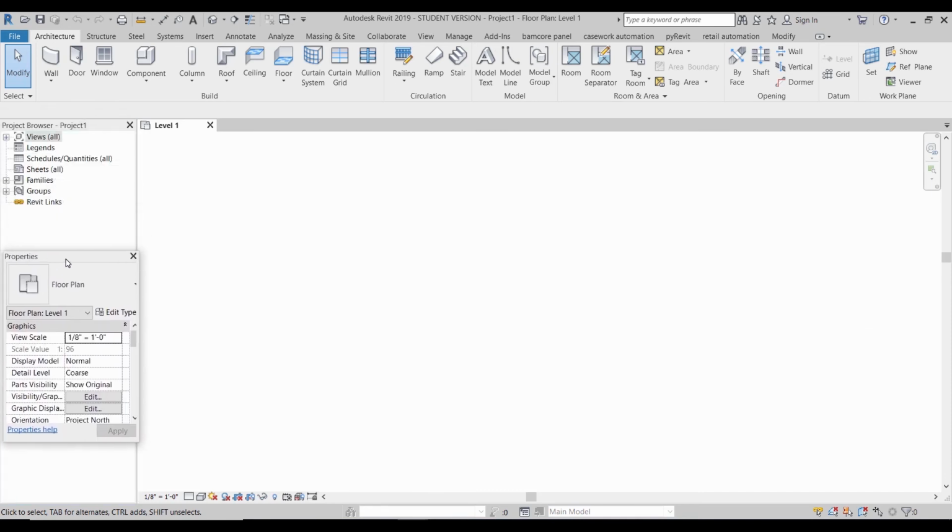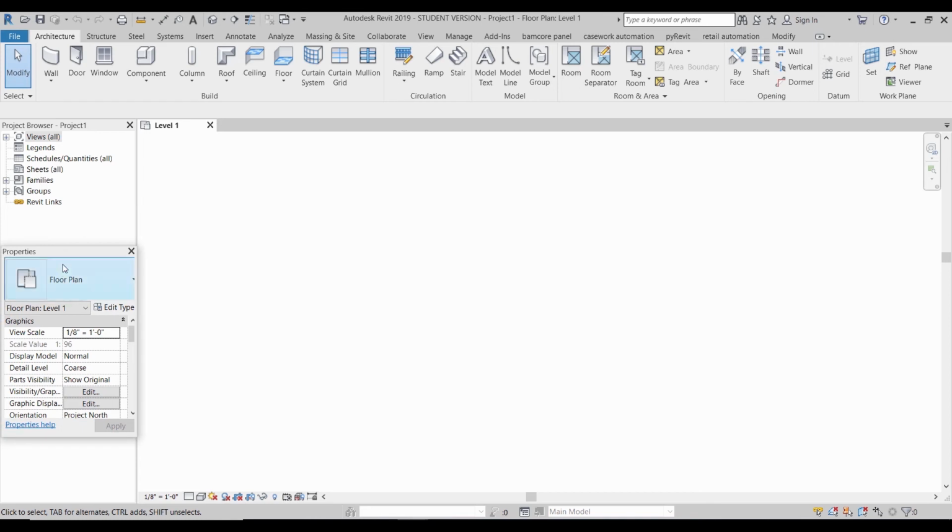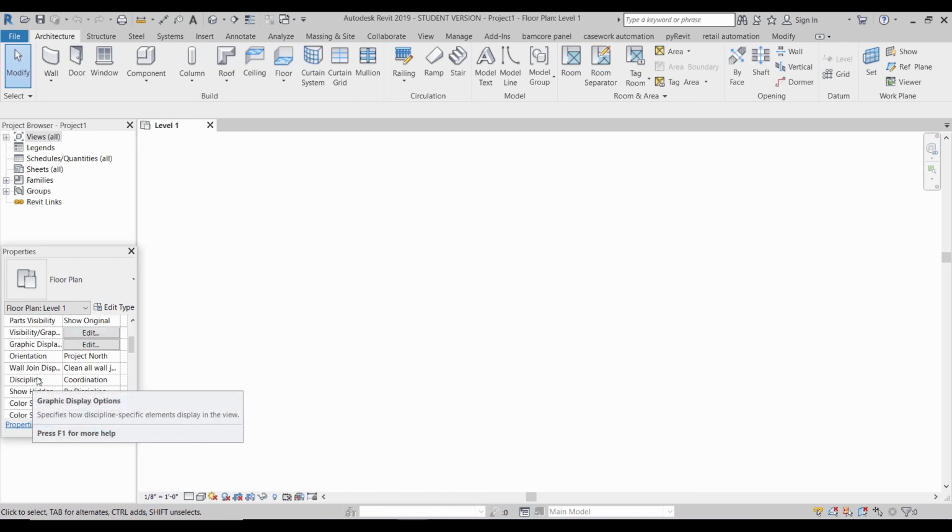But when you're working within properties, it allows you to select various elements, and it gives you the information about that element that you've selected. Right now it's on the default floor plan and just showing you this view scale that you could control and change. It gives you the display model if you want it to be shown as halftone or so on, and detail level and so on.